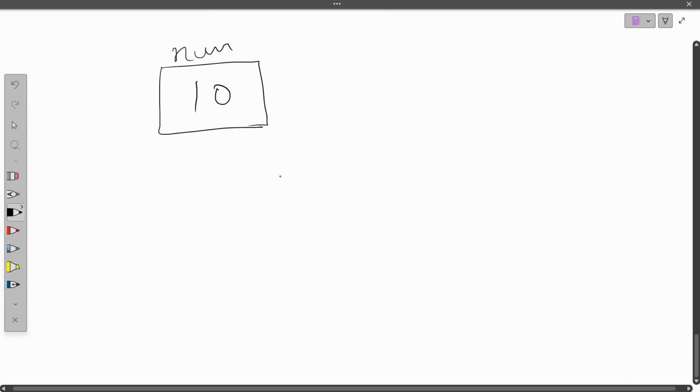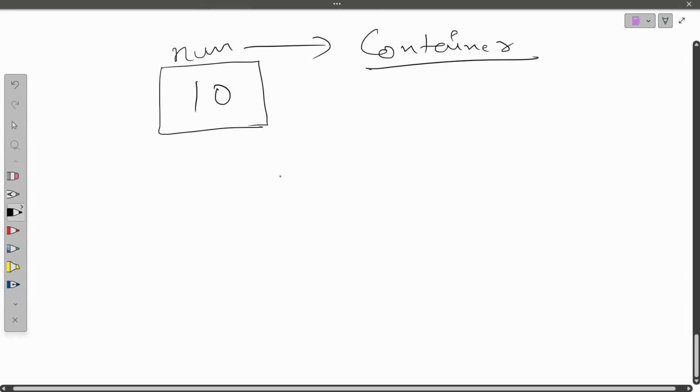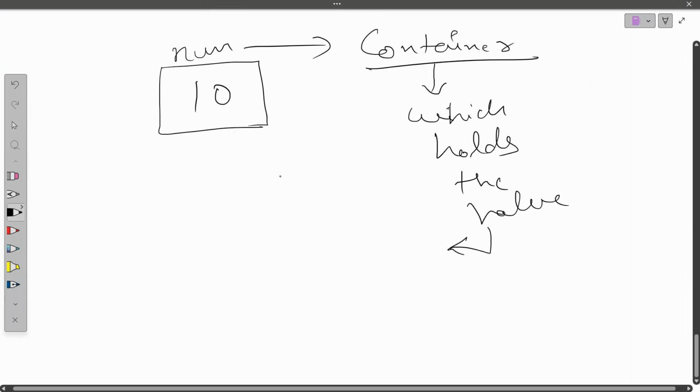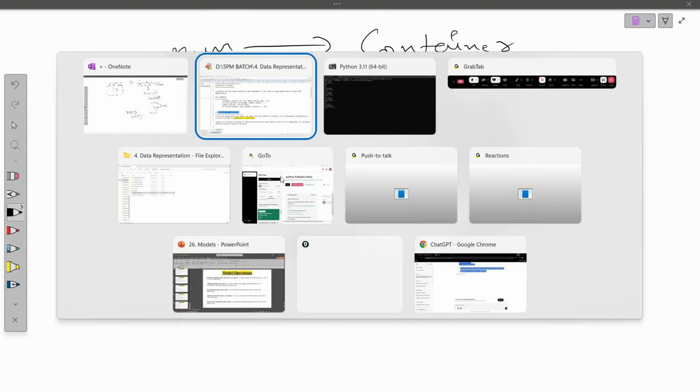This number is basically a container, and this container holds the value. These values may vary, right?